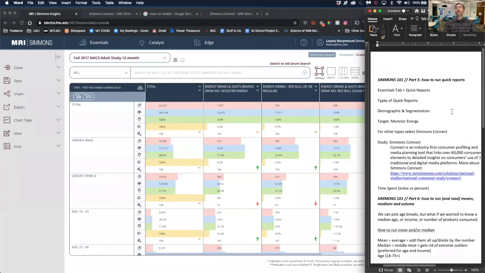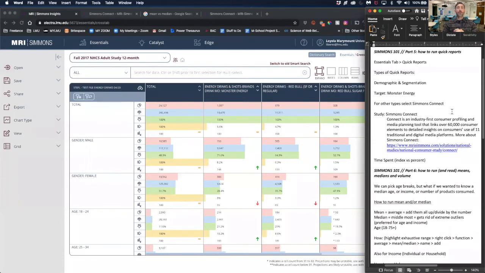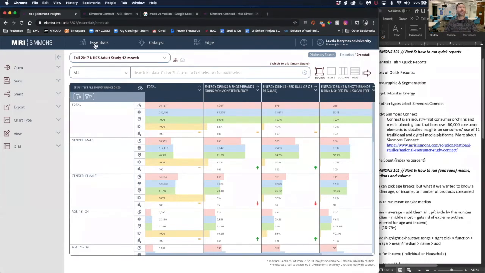One of the things about Simmons is that it's really meant for custom crosstab. You have to create your age definitions, your income definitions, and your psychographics and all of that. It's great if you want to dig in. It's not great for a quick snapshot. Fortunately, there is a